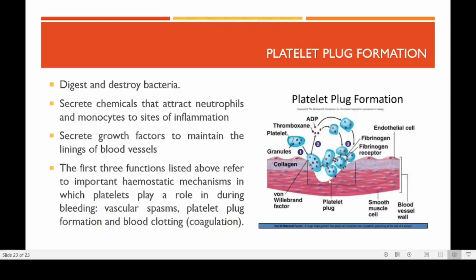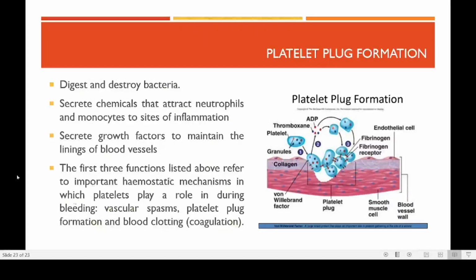When a lot of platelets are collecting here, these platelets will be releasing some chemicals, and these chemicals will cause attraction of monocytes as well as neutrophils to this wound site. So a lot of WBC will be coming here, and all these WBC will be sticking together and forming a thicker clot. This is how the platelets are helping in the process of coagulation.